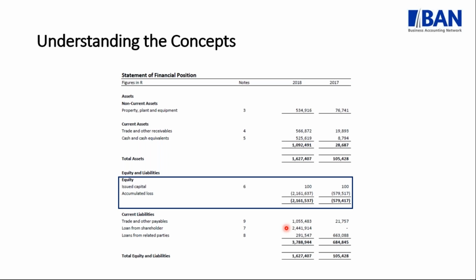What would happen in this case is that the company would have to enter into a legal agreement with the shareholder called a subordination agreement, which needs to be signed by both parties. And what this subordination agreement basically says is that this shareholder will agree not to claim any rights to their debt. In other words, if something goes wrong and the company needs to be liquidated, they will stand last in line to the other creditors to actually claim their debt. And if that happens and you have the subordination agreement in place, you can see it almost then eliminates this obligation that is sitting here in the financial statements.